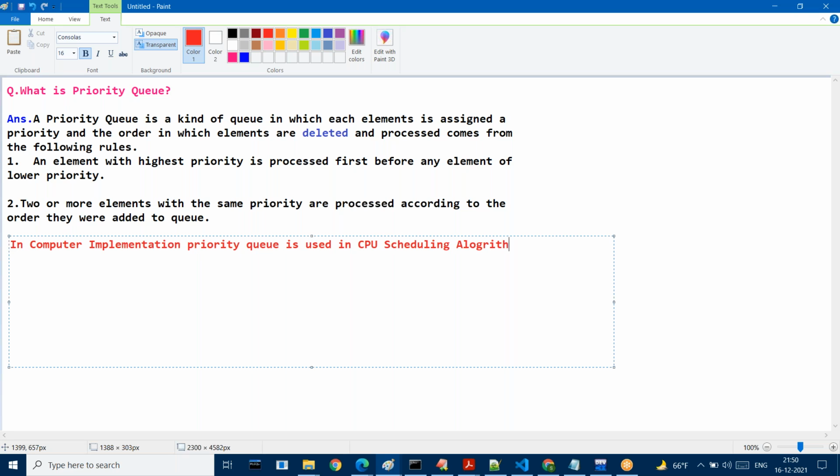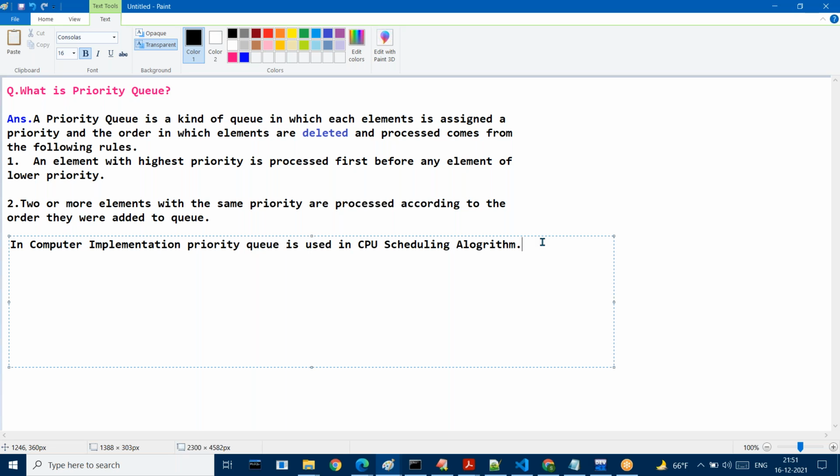At least you got the basic idea of CPU scheduling algorithms. You will get the details when you learn operating systems, sir. This is not an operating systems session, guys. So in computer implementation, the priority queue is used in CPU scheduling algorithms,